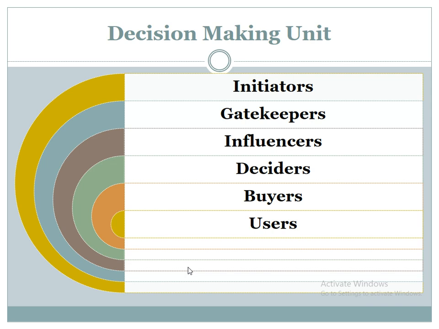Now the next role is the role of gatekeepers. The gatekeepers are those individuals who control or filter the flow of information regarding the products and services to the members of the buying center. So maybe in this case, in the same example, the floor manager will be the gatekeeper. He may carry forward that idea to the top management, or he may filter out that idea, or he may drop that idea at that instant.